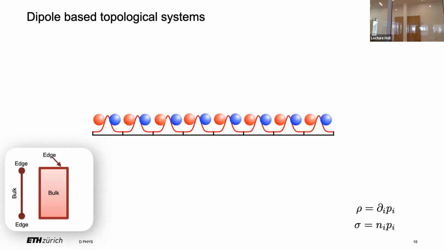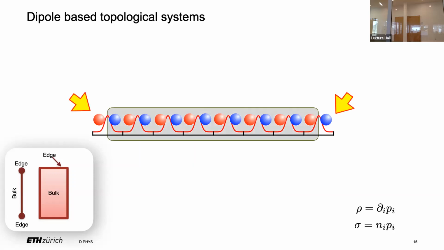But all the topological insulators up to these higher order ones could in one way or the other be cast into this dipole-based scheme where you say I may or may not have a dipole moment in the bulk, and if I have, then if I put it in a box, well, I never have any charge accumulation in the bulk because there's always a negative and a positive one, but then at the edge I will have uncompensated charges, and that's a picture I can have for all the quantum Hall effect and spin quantum Hall effect and the 1D system. So that was the conventional lore.